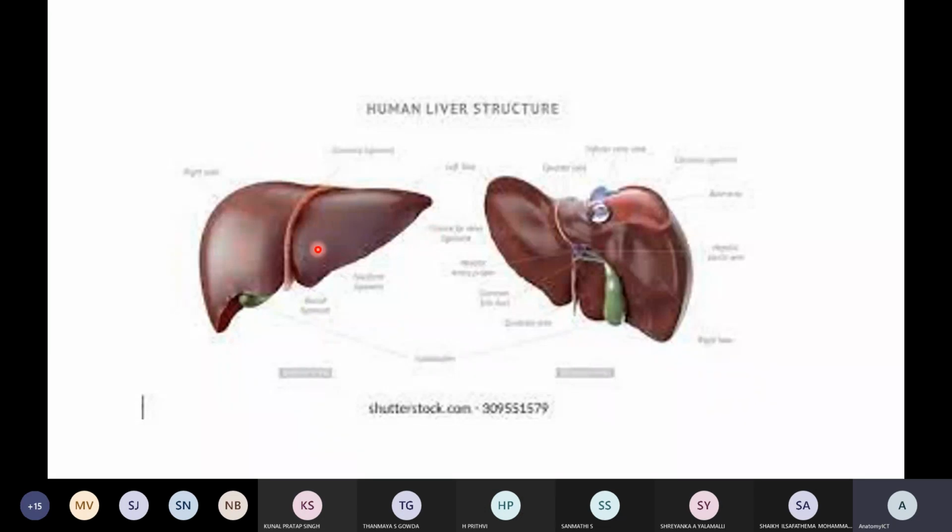Now what happens, this particular peritoneum, when it reflects within the dome of the liver and in between the two lobes, there is a furrow that we used to call a fissure, right? This particular fissure divides the liver into two lobes. Within that fissure there is a ligament that we used to call ligamentum,